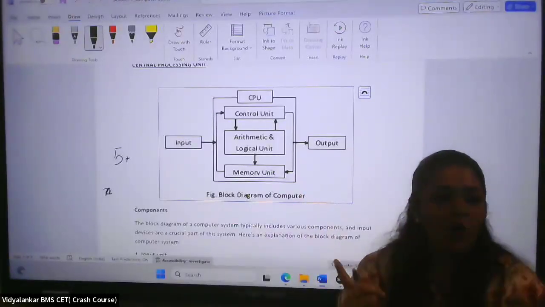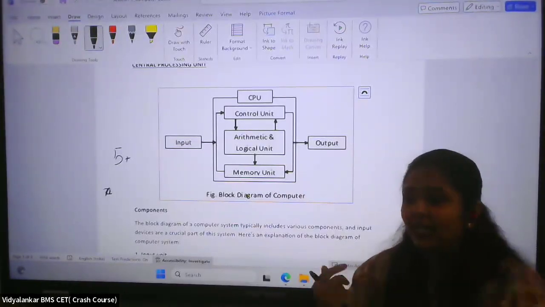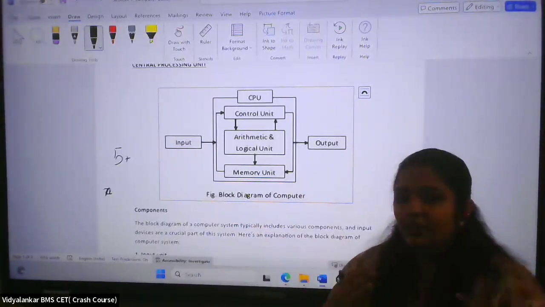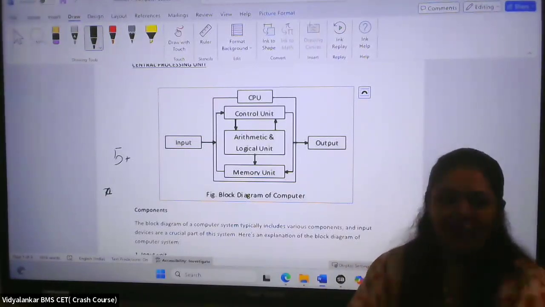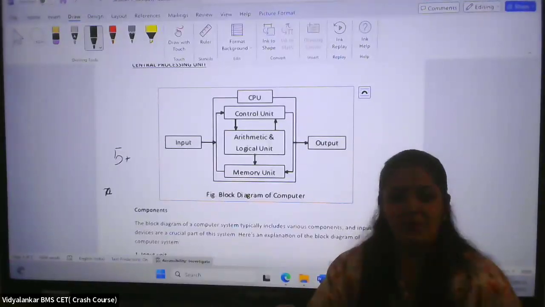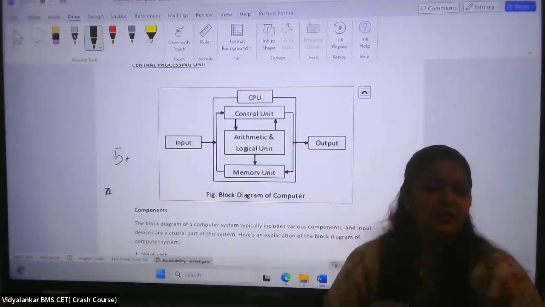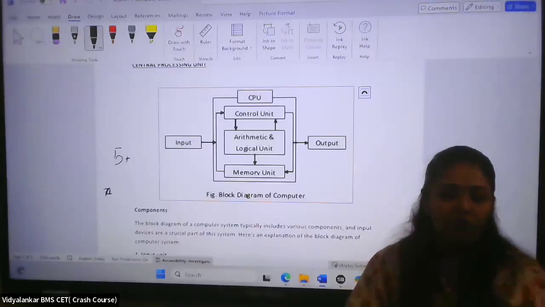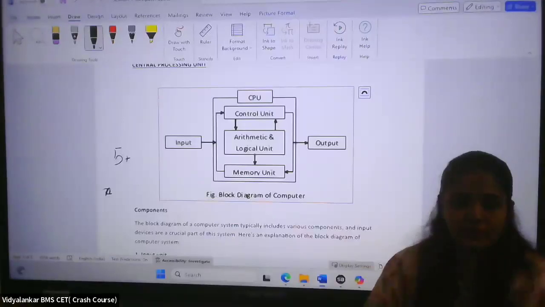कंट्रोल यूनिट sends all the controlling signals to all the components of your computer, and that is done by which bus? Which bus? Control bus. किसी ने पूछा नहीं उसका डायरेक्शन क्या है? That means you know उसका डायरेक्शन क्या है? कंट्रोल बस का डायरेक्शन, yes, bidirectional. ठीक है, is that clear? So write down that also. Online, I hope even you are listening and noting down control bus. Please write the direction as bidirectional. And it sends what? All the controlling signals to the components of your computer system.